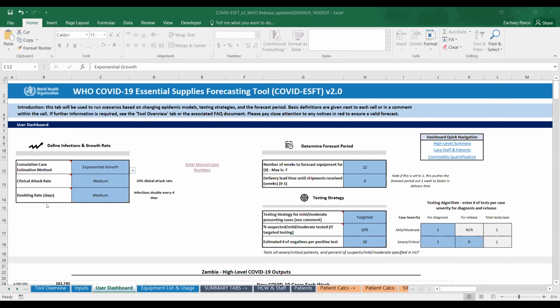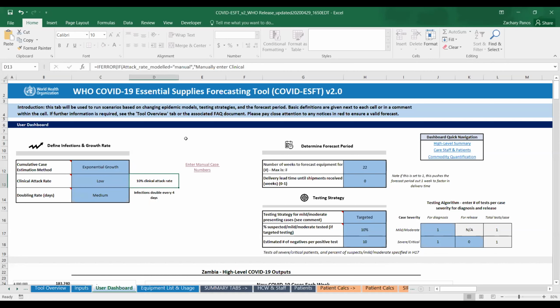The clinical attack rate is within the population being modeled. This is the proportion within the population that will be symptomatically infected with COVID-19. When you click on the drop-down menu, you're prompted with a series of categorical choices going from very low to high, and each has a proportion assigned to it, which you can see identified in the small note appearing immediately adjacent to the cell in cell D13.